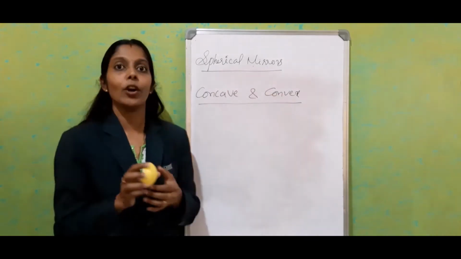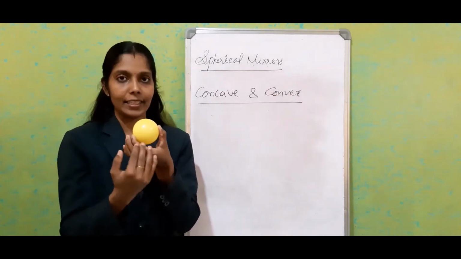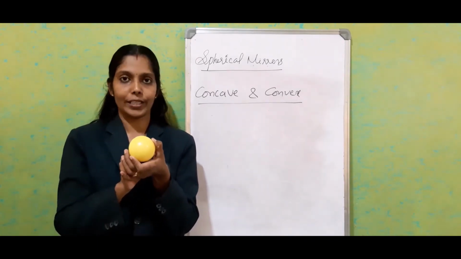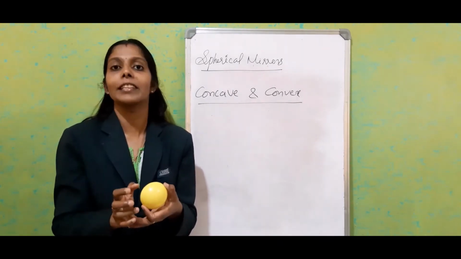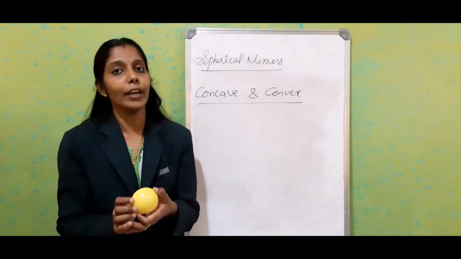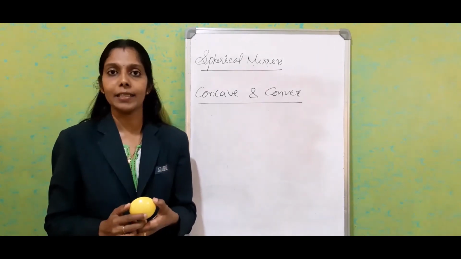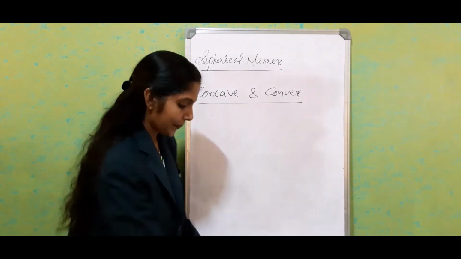The other one is the convex mirror. The bulged part or outward part is the reflecting surface and the inside part will be coated with silver oxide. If you keep these things in your mind, you can easily remember the difference between concave and convex mirror. If you want to study much more about spherical mirrors, we should know some terms related to that. We'll see that.